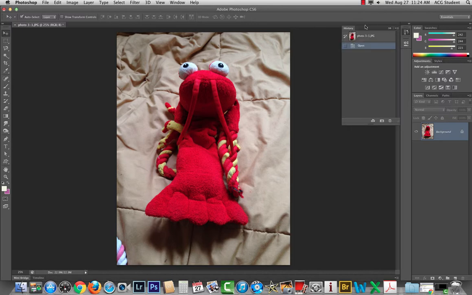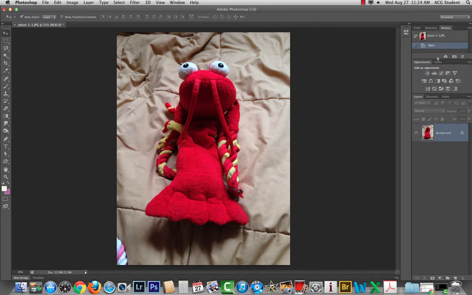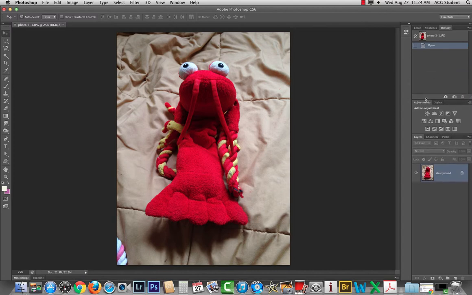So I'm going to grab my history panel and drag it over so that it highlights that rectangle with color. And I'm going to drop it in there. Right, and then just adjust that a little bit. So now swatches and color are also tabbed in there, but history is the one I want. History, adjustments, and layers. Once I've got that, I can go to New Workspace